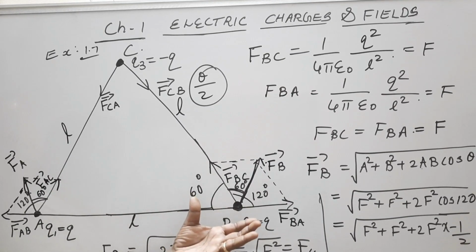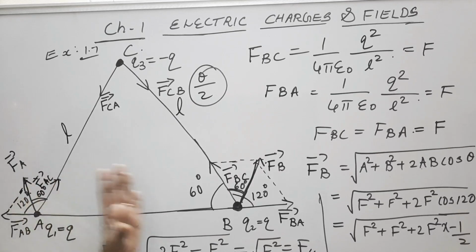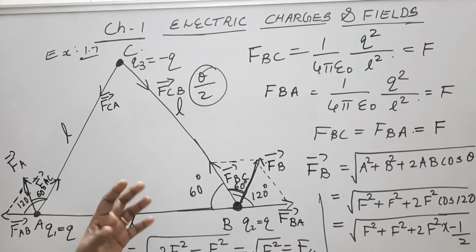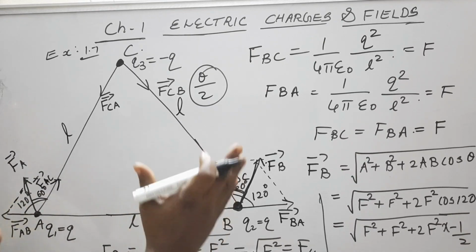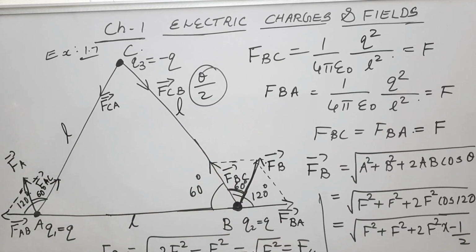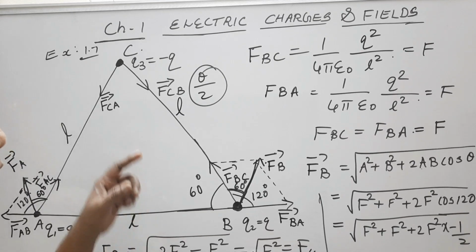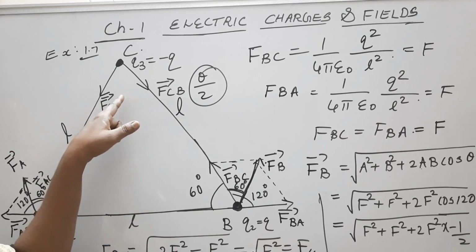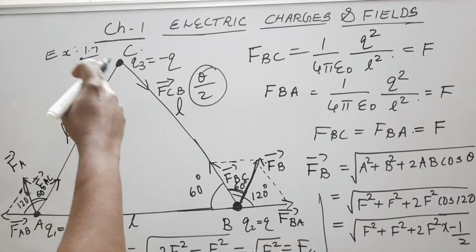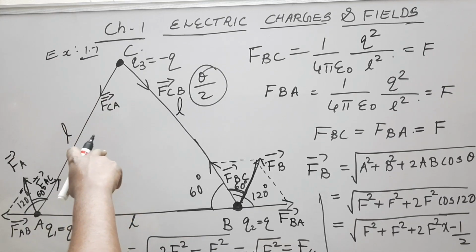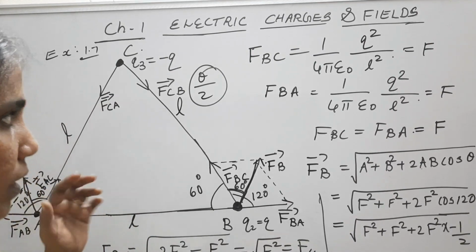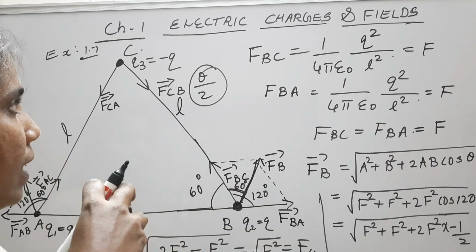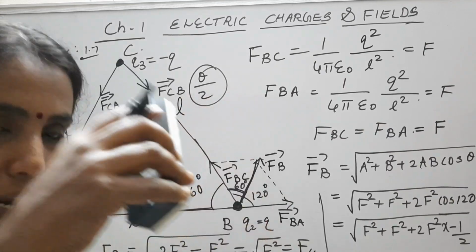So in the case of A and B, the net forces are acting in the same way. So you can mark in the diagram, and with the proper explanation your answer becomes complete. Now what we are left with is the charge at C. Charge at C is acted upon by two forces, that is FCA and FCB. These are the two forces. Now let's think about their magnitudes. Their magnitudes also will be like this itself.